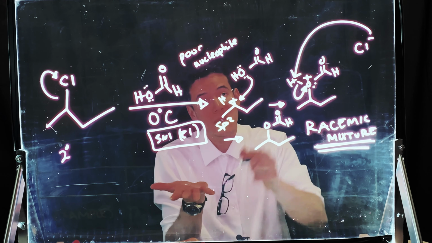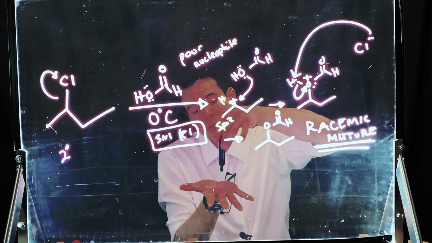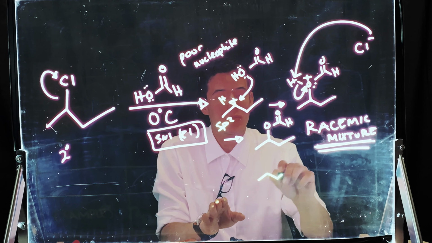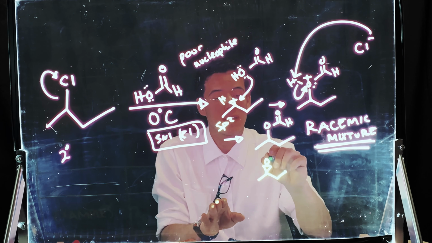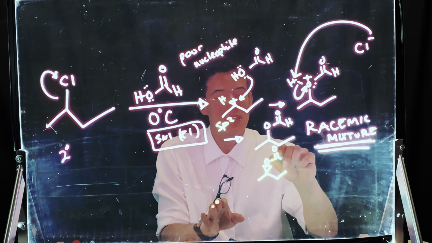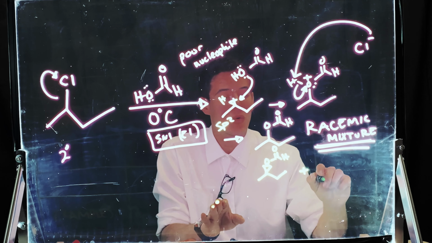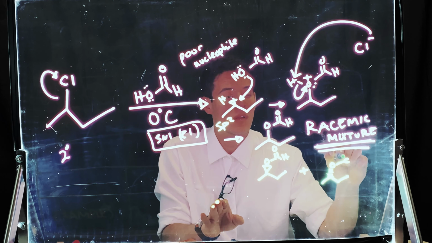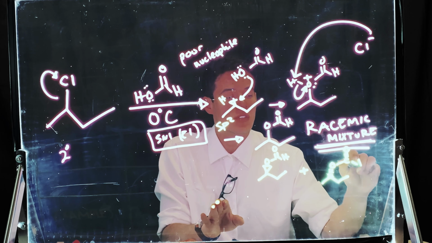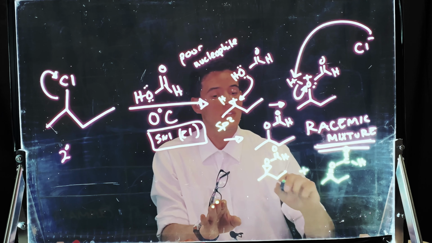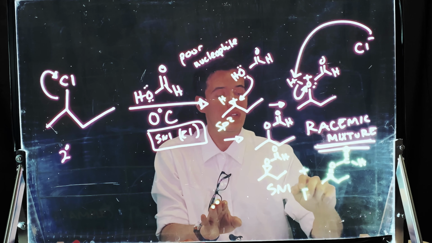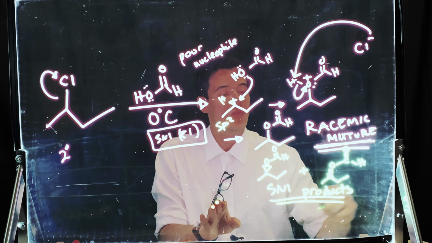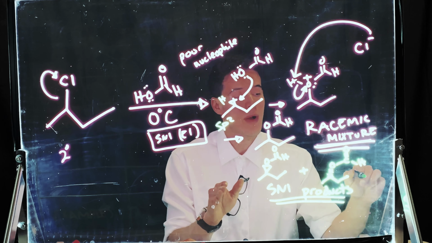Now this group can either attack from the top or it can attack from below. So that's going to give us a mixture of products that will look like this or just like this, okay? So these are the SN1 products, and they are equal, which is known as racemic. We get those at about 50-50